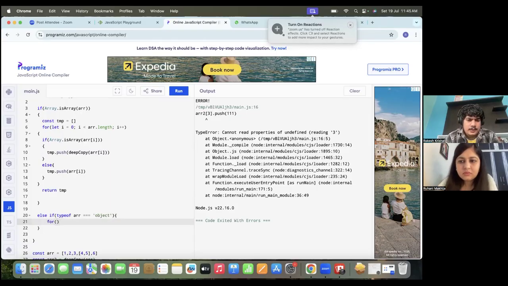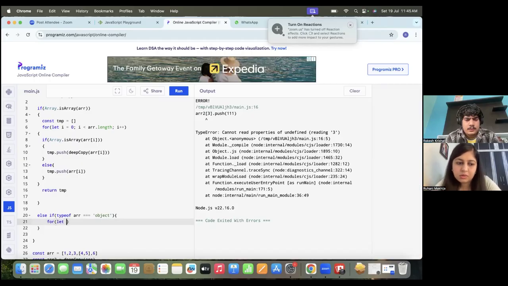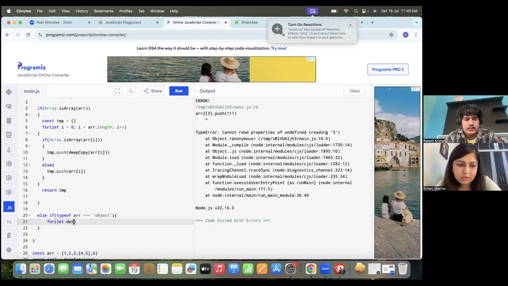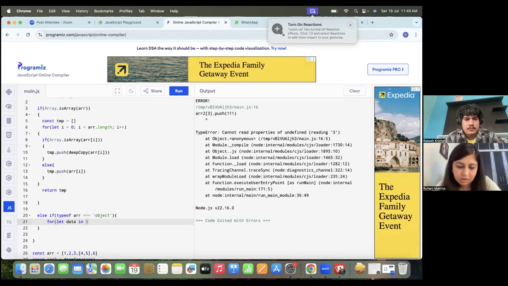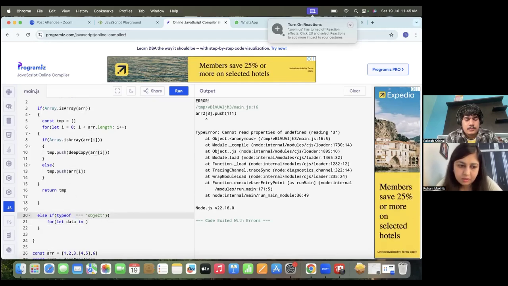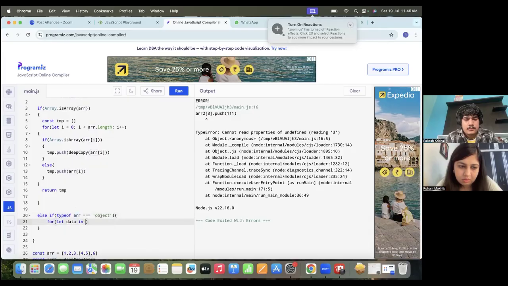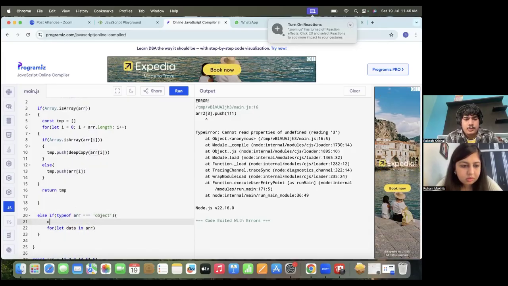Again, we need to loop. Yeah, you need to loop, basically the same thing, just it's an object. So key value pairs you have to handle. I think same like array, we need to create an object with the